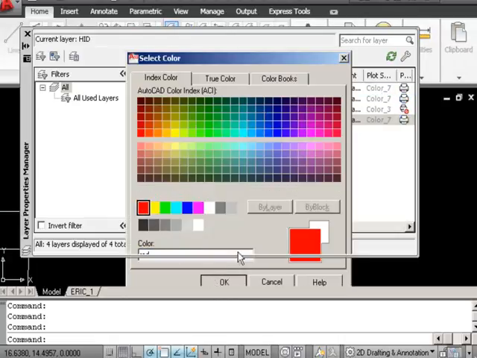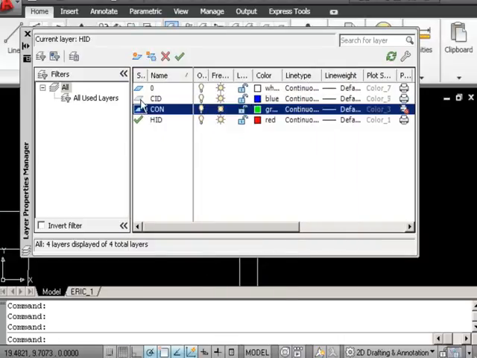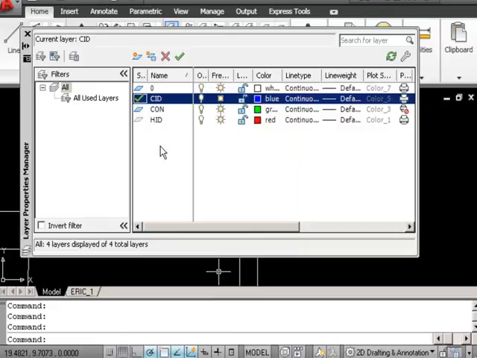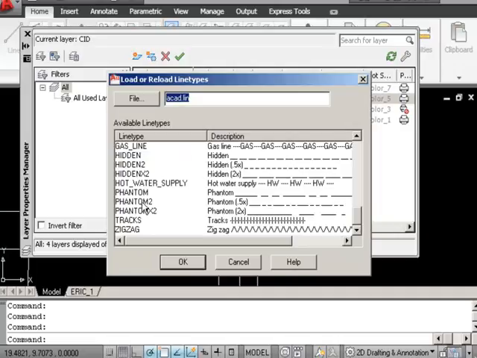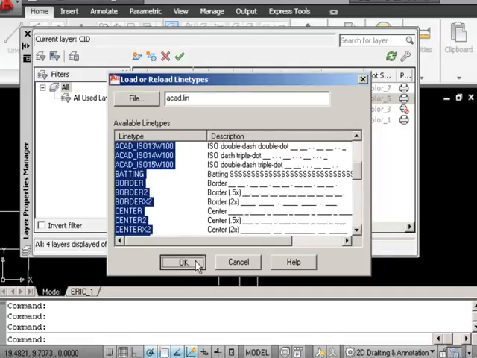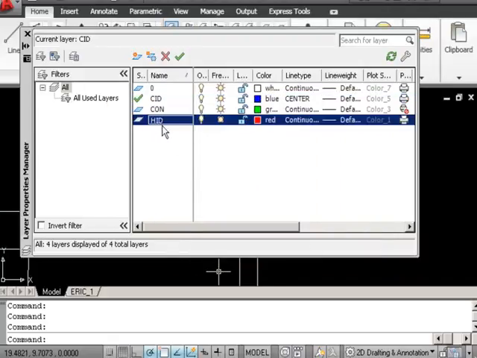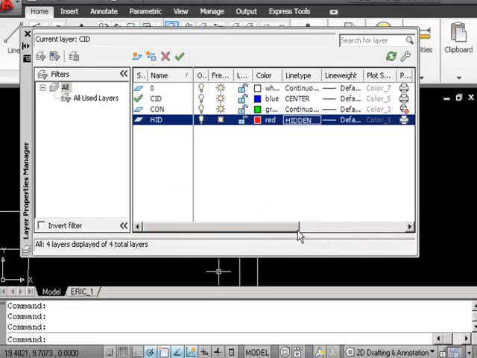Alright, so I got SID and hid. Make their colors different. SID will be blue. Alright, and I need to change them. I need to load up some center lines and hidden lines. So there's a hidden. In fact, I can just hit Control A and load them all up. I'll say SID is center, hid is hidden. So I've got my layers created for my lines,